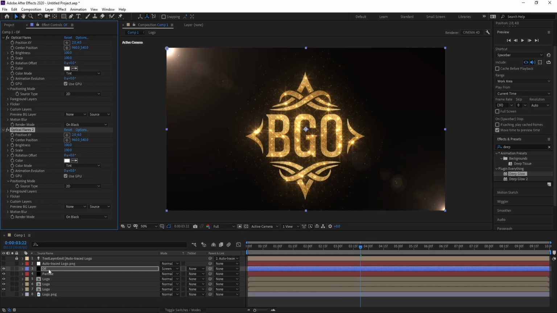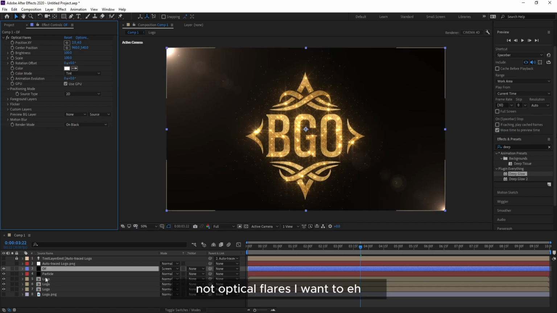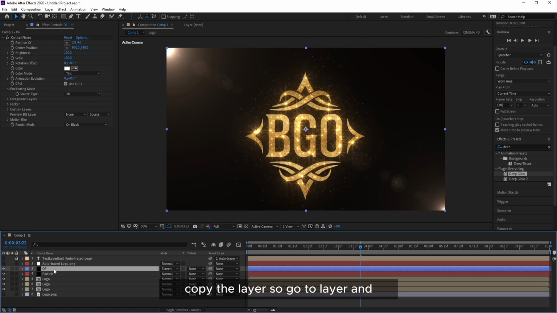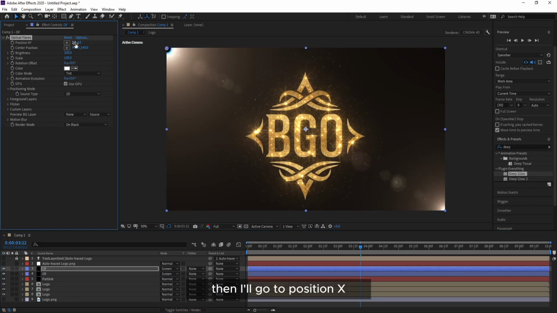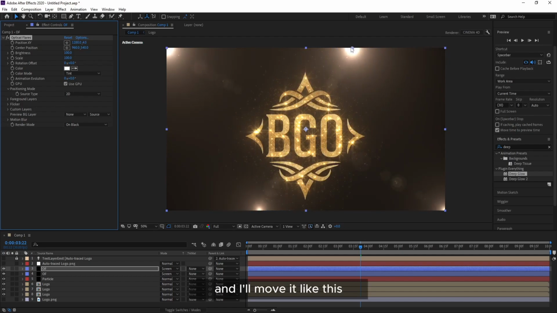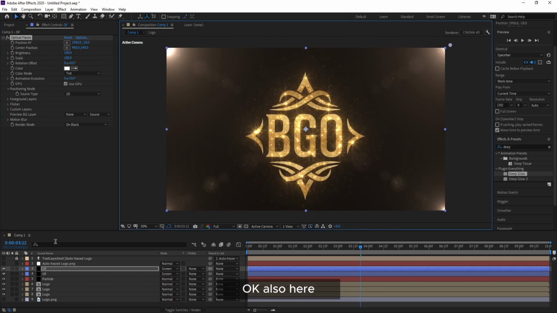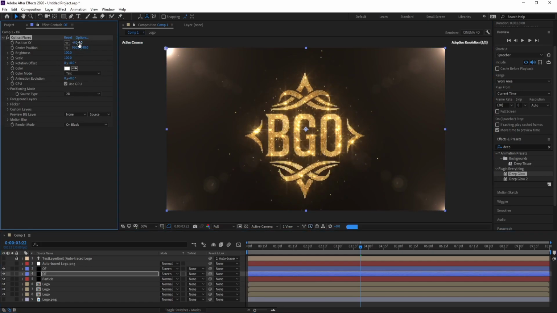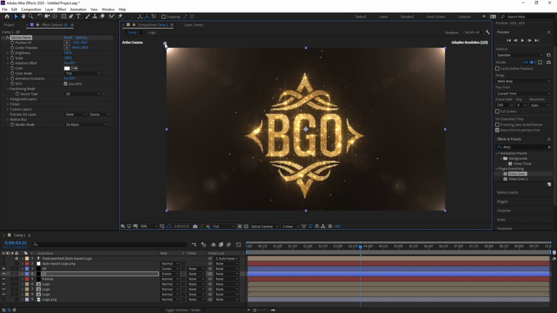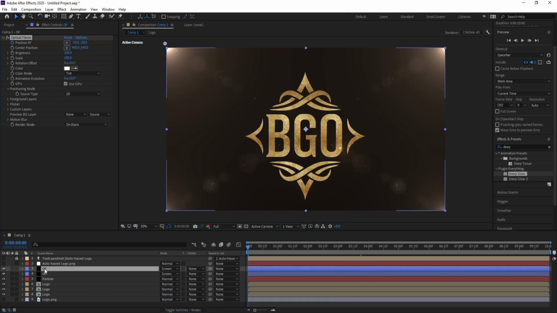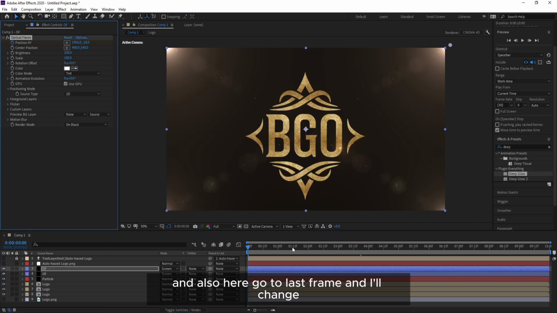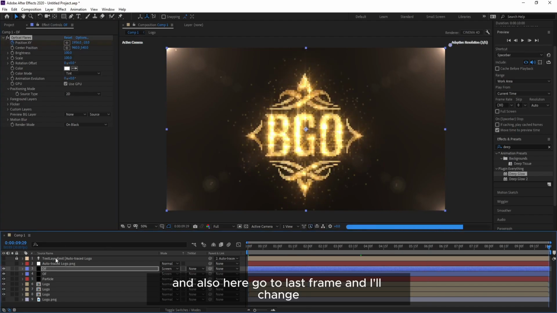Then Control D to copy, not optical flares. I want to copy the layer, so go to layer and Control D to copy. Then I'll go to position X, Y, and Z and I'll move it like this. Okay, also here. And I'll go to first frame, keyframe, position X, Y, and also here, go to last frame, and I'll change